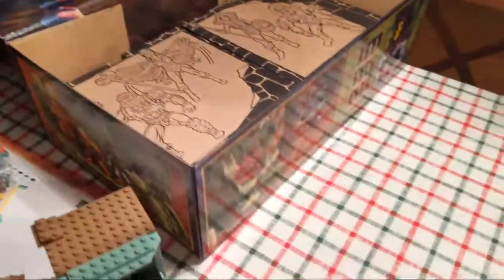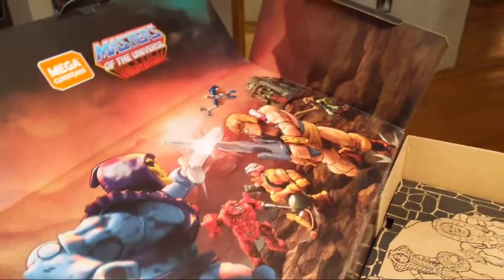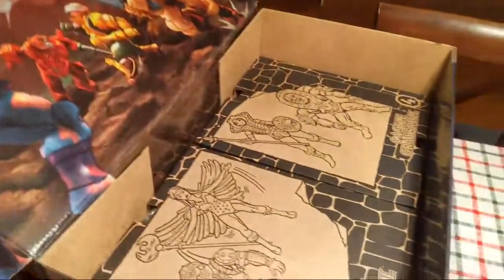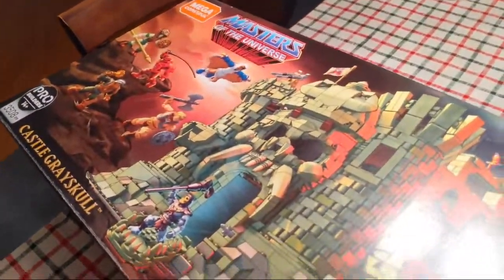Night Mega Construx stream featuring this right here. This amazing He-Man and the Masters of the Universe Castle Grayskull set. Here's the box. This is a set that I began building,